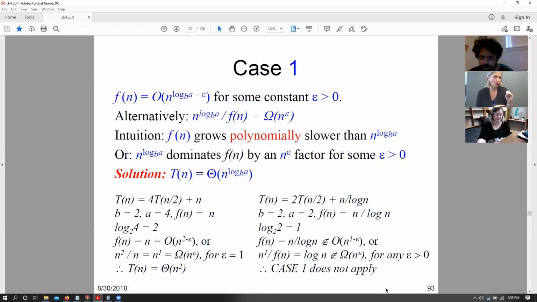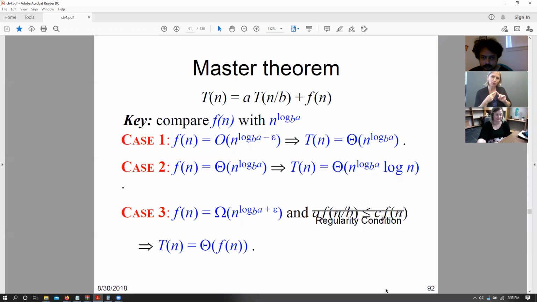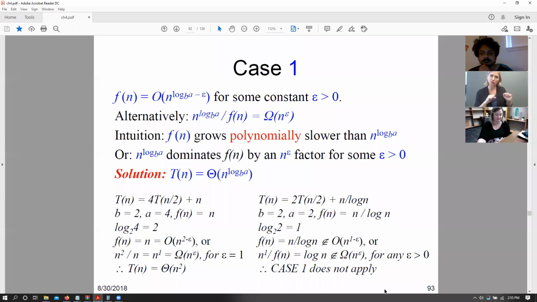Going back to this, go back to the other slide. n will dominate n over log n, correct? But that's not what we're looking at. We can't find an epsilon, which is like a constant, such that, is that why? Like there's no constant like n minus or 1 minus epsilon.